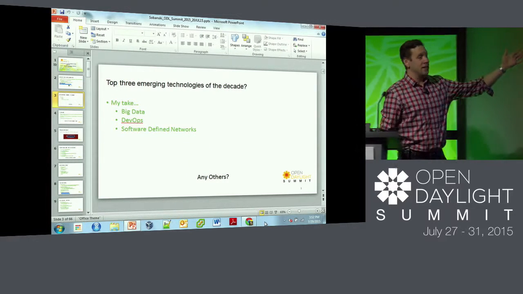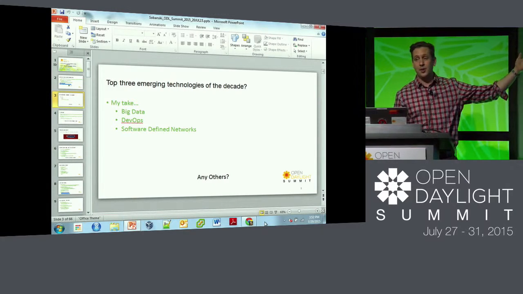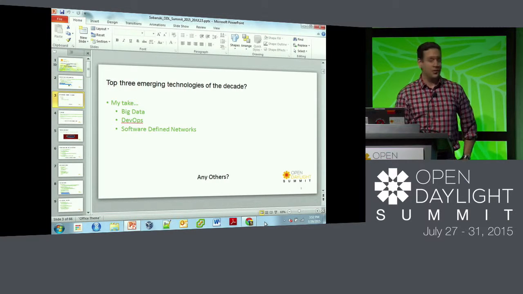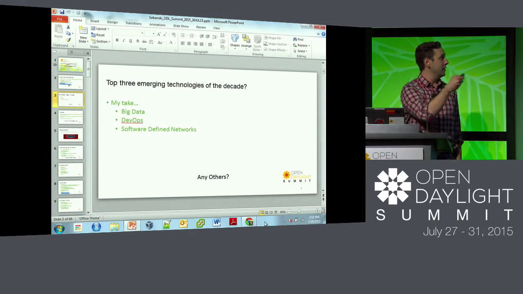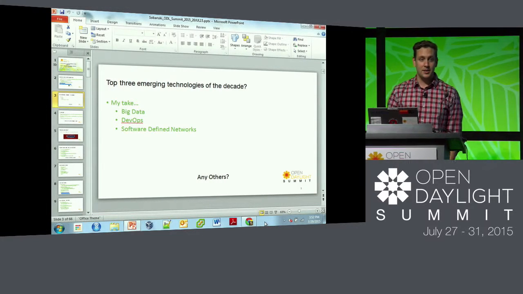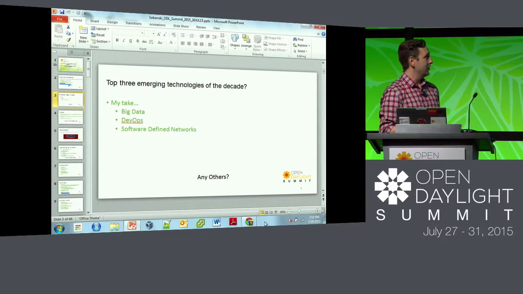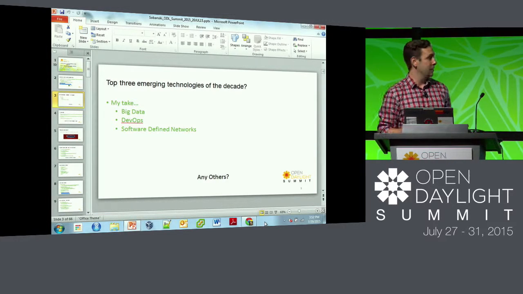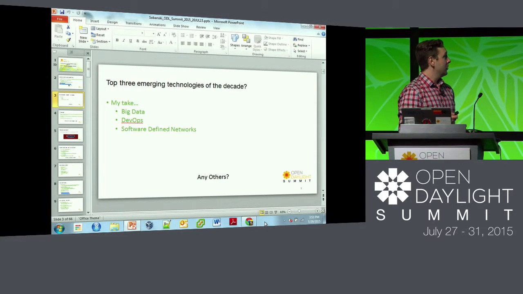So, three emerging technologies. I hear a lot of talk in the hallways of the government office I support: big data, DevOps, and software-defined networks. There might be some other technologies you guys think are very popular, containers, et cetera. So before I begin,